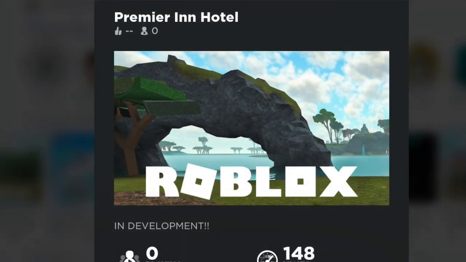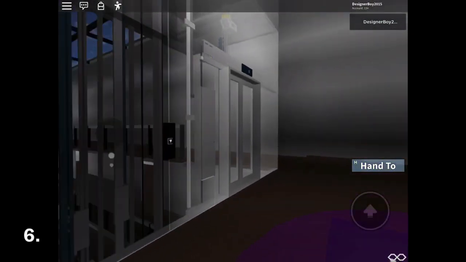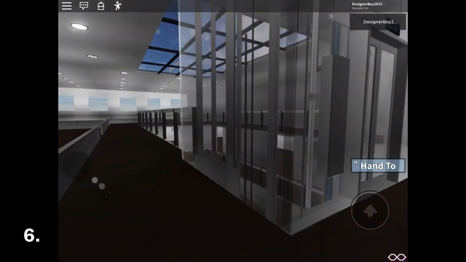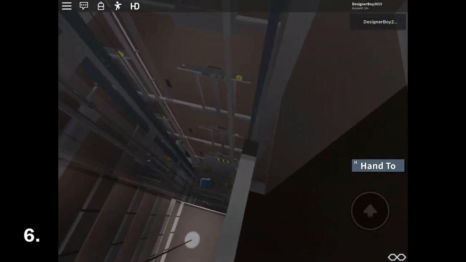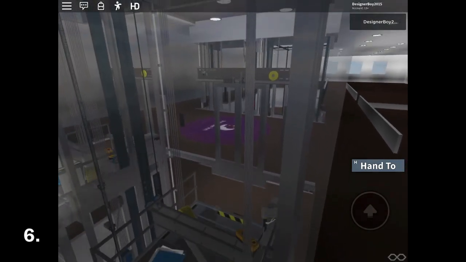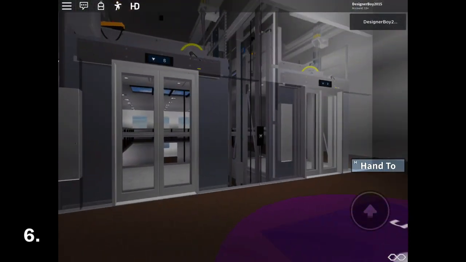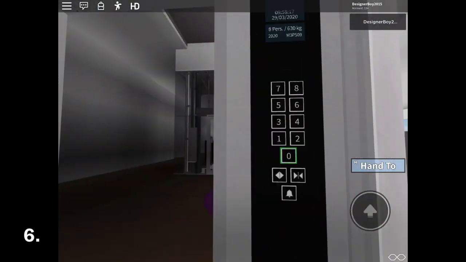Now we're coming into number 6, guys, and number 6 is Premier Hotel built by Codemaster. Now, this is a game that is based off of Premier Inn in London, and Codemaster said, "Do you want to help out with this game?" I asked him if I could help, and he said sure. And me and Codemaster spent hours building this game, and I even built a little bridge that goes to this swimming pool, which has a Luxia lift, but